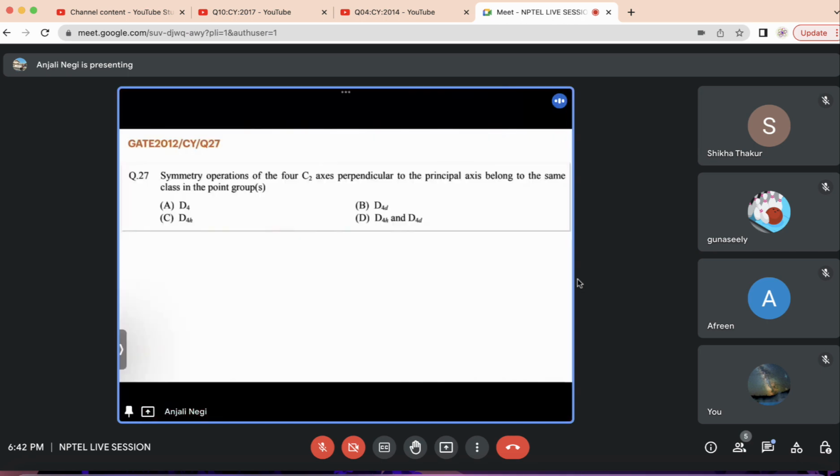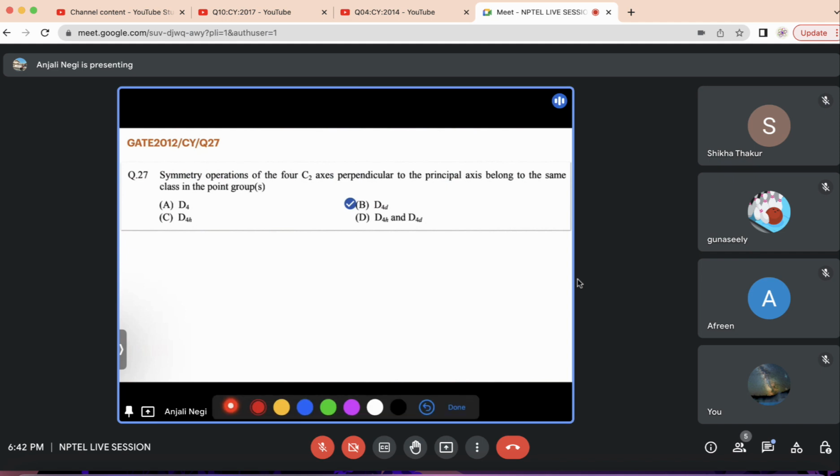that we have, the correct option is D4D, because the statement here is that 4 C2 axes which are perpendicular, they all belong to the same class, and when you look into the character table of this D4D, you will find that all the 4 C2 belong in the same class. Okay,